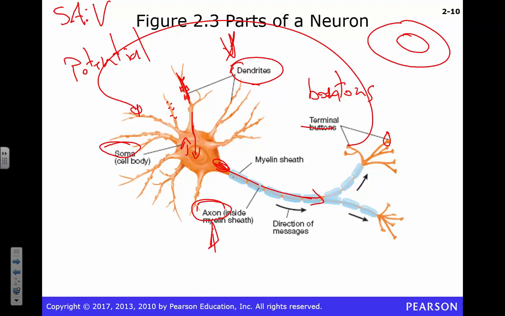All along your axon, you've got these, from a cross-section, looks like a jelly roll, right? We're just going across all the snack cakes today. We did donuts, we're going to do jelly rolls now. It's going to look like a jelly roll. Basically, it's a fatty sort of extension. We'll talk about in a moment what kind of cell it is. A fatty extension of the cell. It's going to wrap around there, provide some insulation. Okay?